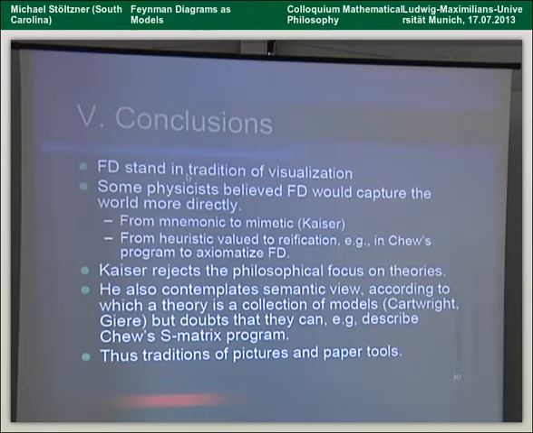What Kaiser now does is that he, as a couple of historians of science are, he still thinks we are sort of in the days of T1, T prime, and all that boring theory focus, and he says, yeah, that's sort of weird. The philosophers just focus on theory. There's not much philosophy to me. There are paper tools and there are research traditions, and also the semantic view is still way too theoretical.